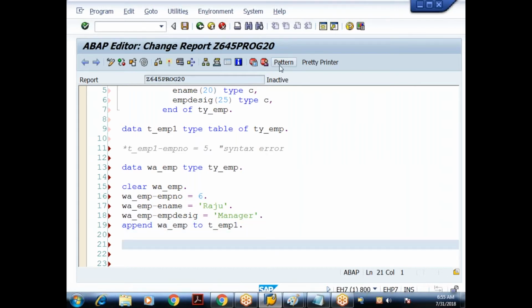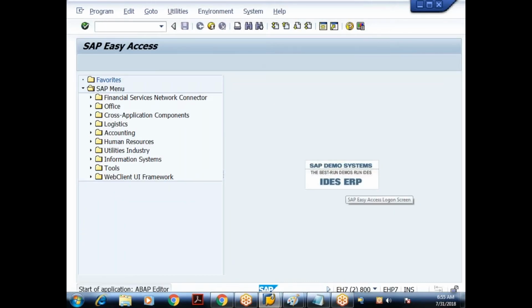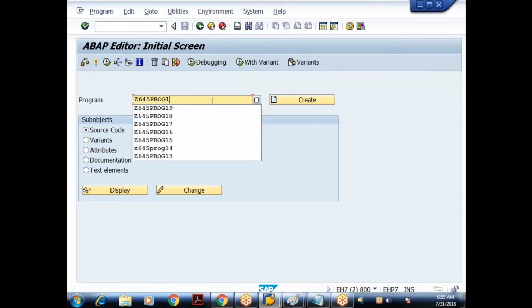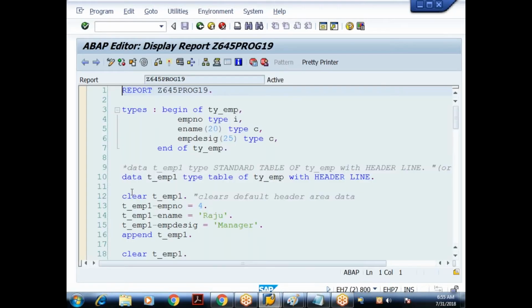So if you observe the difference in yesterday's program, let me open that. I'll open a new session. I'll open yesterday's program. Yeah, so in yesterday's case, what we have done, we have created the internal table with header line.